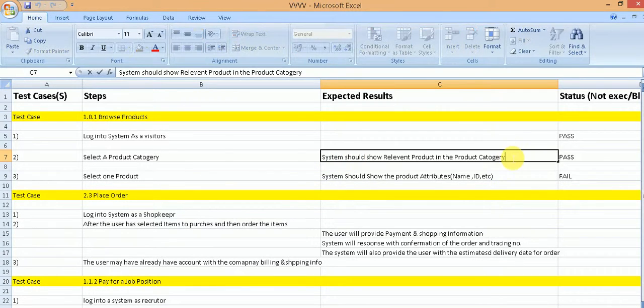So when we execute the step log into the system as visitor, then we expected the system to allow the user to log in. When we execute the step select a product category, our expected result is the system should show the relevant products in the product category.